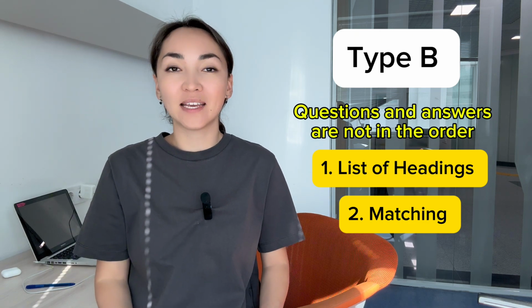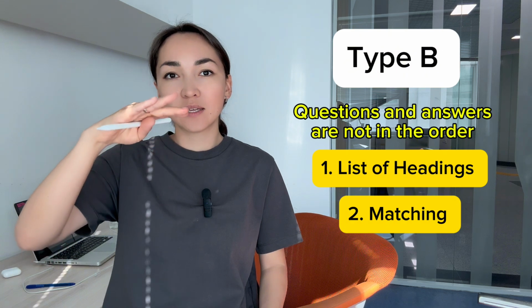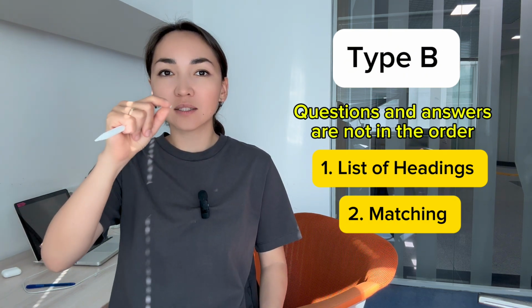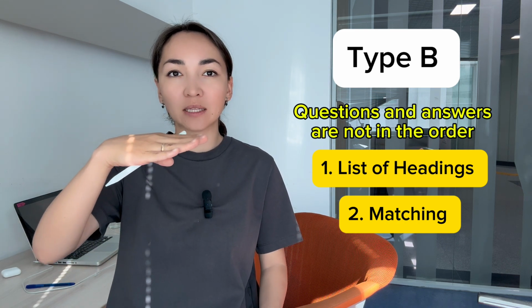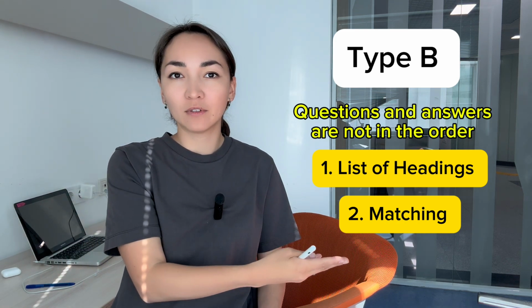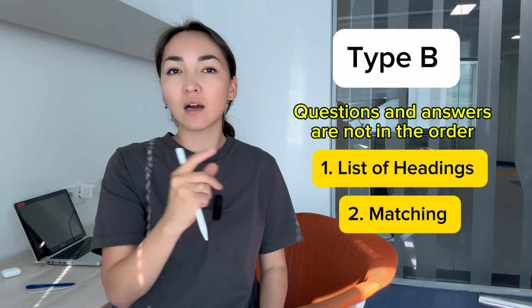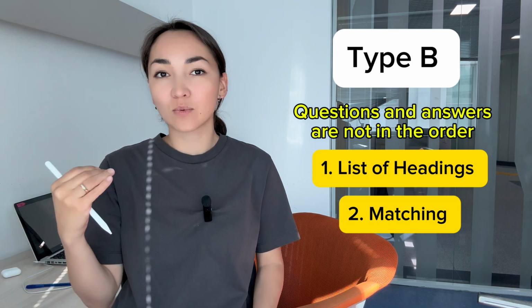And another type B question is matching. Which paragraph contains the following information? Then you can see the statements, statement 1, 2, 3, 4, but these statements are not in order. You can probably find the first statement in the last paragraph of the passage. That's why the answers might not be located in the same order as the questions are,